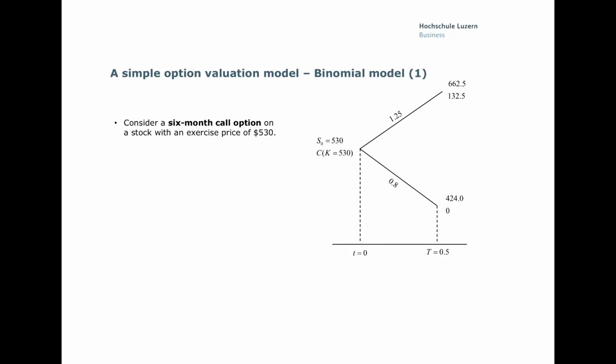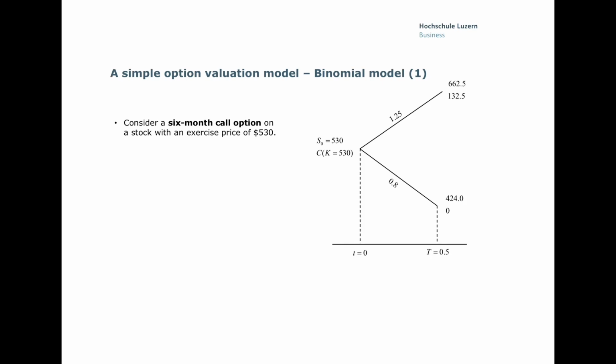Now let's have a first look at a very simple option valuation model known as the binomial model. For that purpose, we assume that the stock price can take only two possible values at option expiration. The stock will either increase to a given higher price or decrease to a given lower price. Although this may seem an extreme simplification, it allows us to come closer to understanding more complicated and realistic option